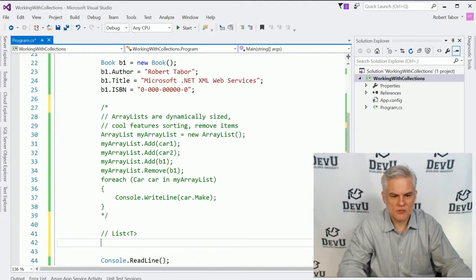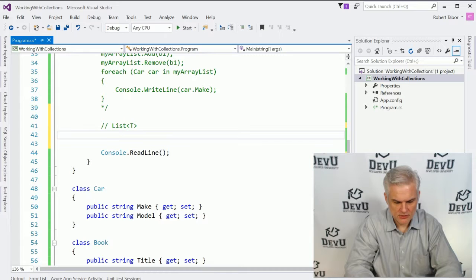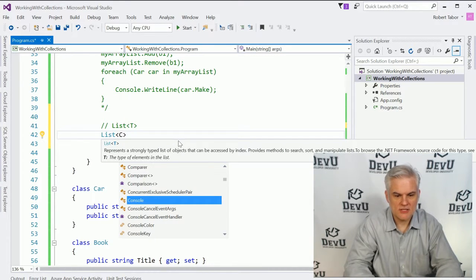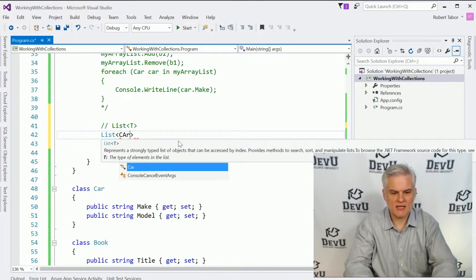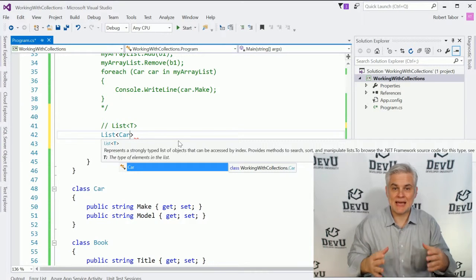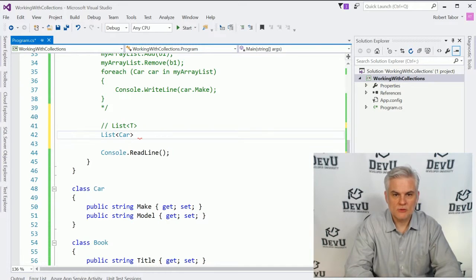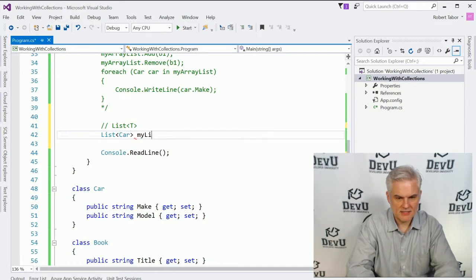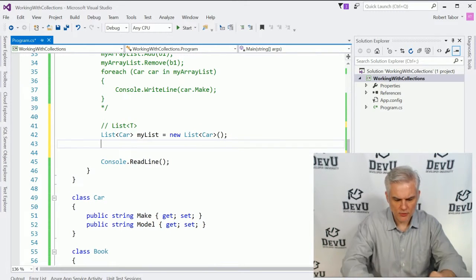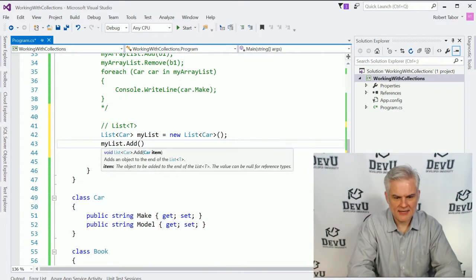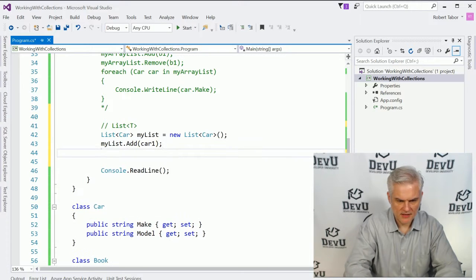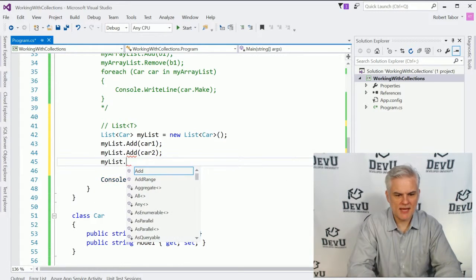So let's attempt to do this one more time. This time we're going to go list, and notice that I'm using angle brackets, and in between the angle brackets I'm going to say what data type I want to use. In this case I want to use the car data type. So list of car called myList equals new list of car, like so. And at this point we can go ahead and add car1 just fine. We can add car2 just fine. But what happens when we attempt to add the book